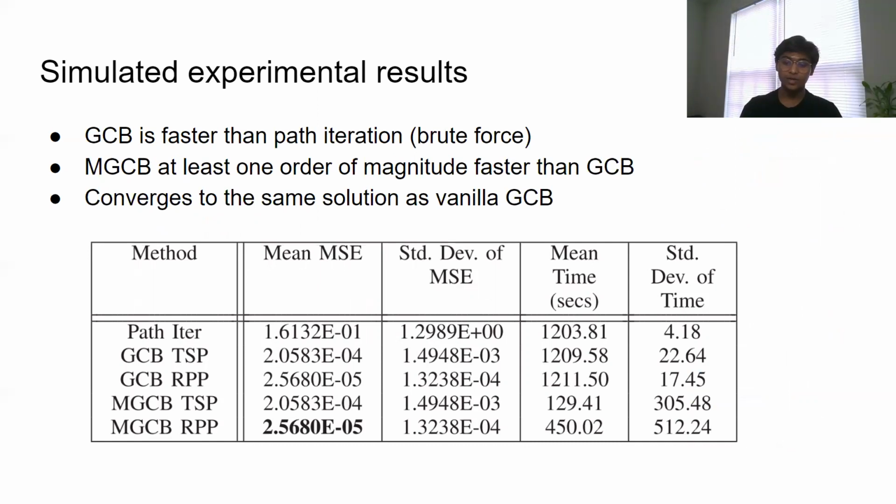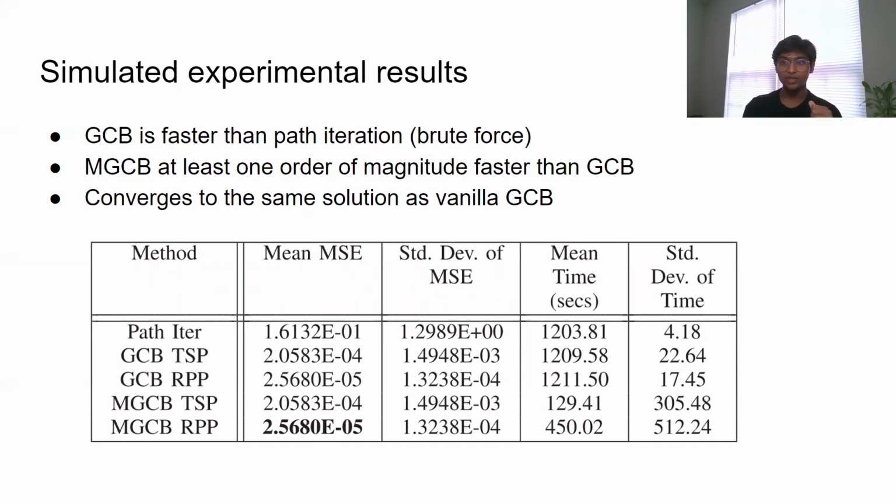We considered arbitrary leak rates for these oil wells that we have in each of our graphs. And as anticipated, we found that the GCB algorithm was noticeably faster than the path iteration algorithm, which is the brute force algorithm used by Albertson et al. But here's the thing, the path iteration algorithm rarely finished running within the allocated 20 minutes time budget for each of the considered graphs.